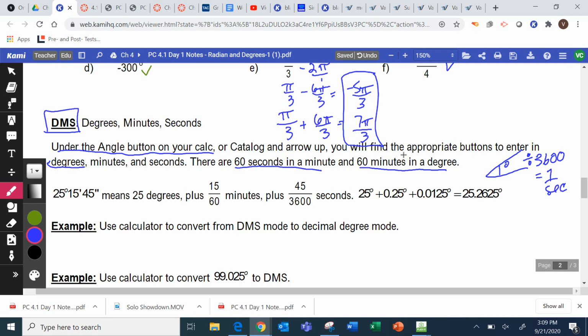I know that in surveying they use it. So here's an example, 25 degrees, 15 minutes, 45 seconds. What this means is 25 degrees plus 15 over 60 minutes plus 45 over 3,600 seconds. And you could add those as decimals to find that this answer should be 25